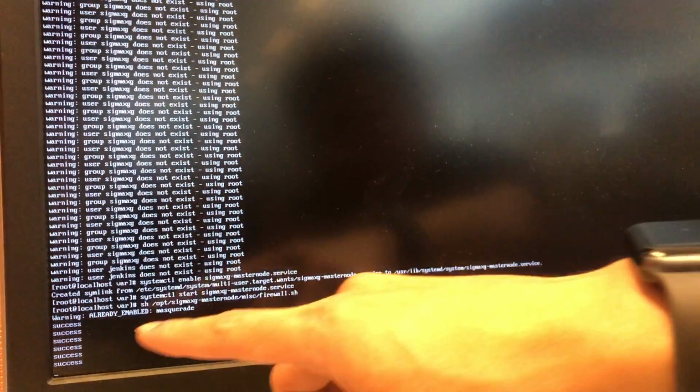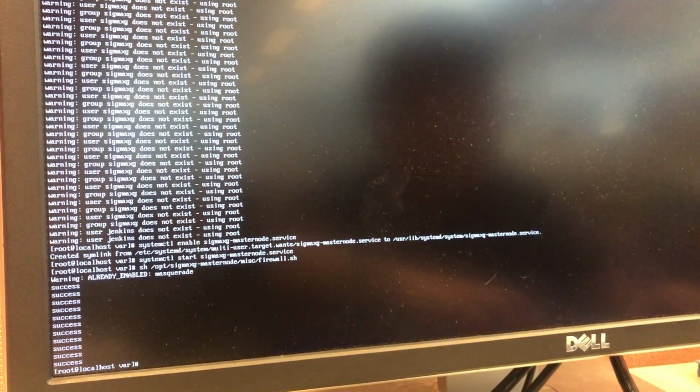So now we're trying to configure the firewall. SH, OPT, SIGNAX G, Sigma XG MASTER NODE MISC Firewall. Okay, there will be a message about the success. Okay,